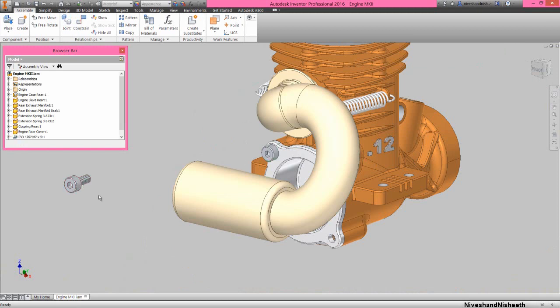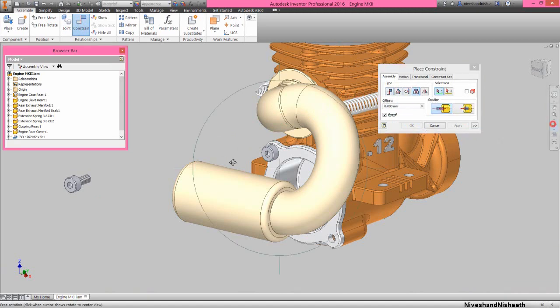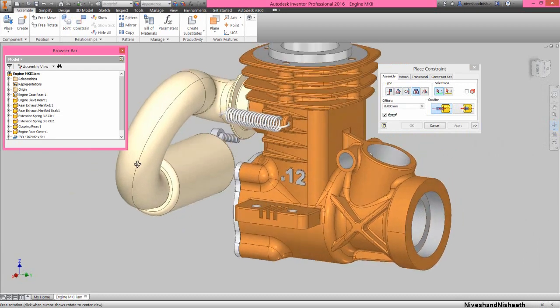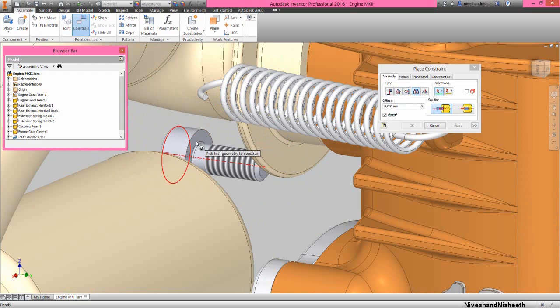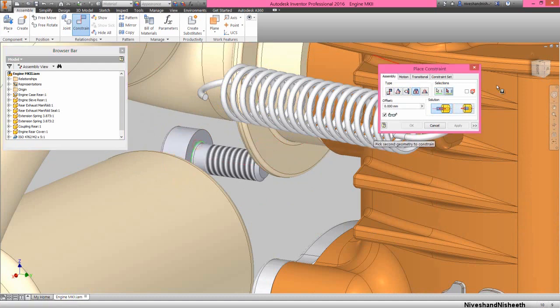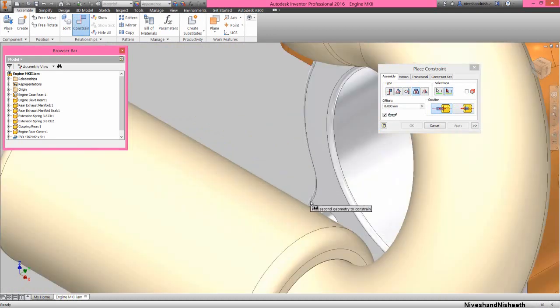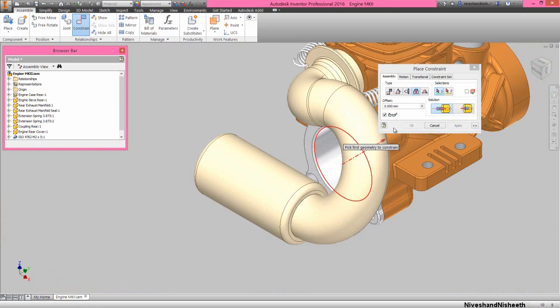Now we will place another copy of this bolt and apply the same insert mate between this bolt and the second hole of the engine rear cover part.